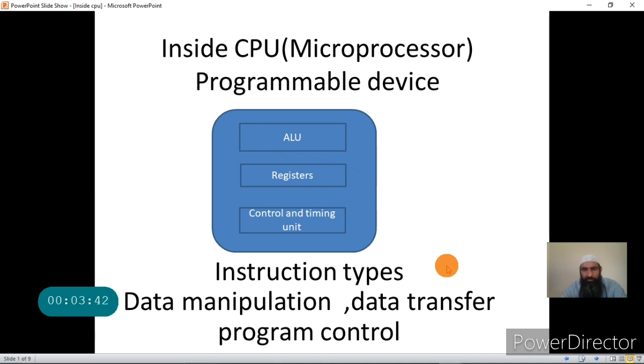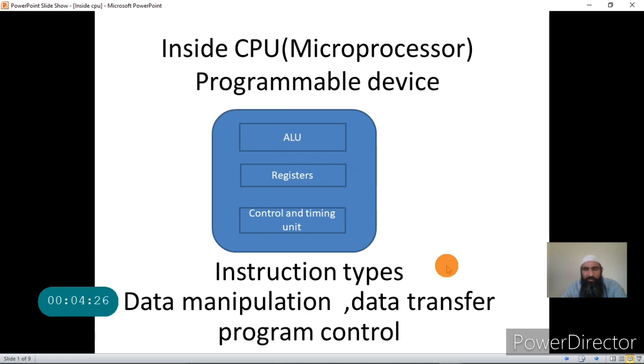No, it is not like that. The instructions are of many types, and mostly every processor has three types of instructions that should be included in its instruction set. The instructions are data manipulation instructions, data transfer instructions, and program control instructions. Data manipulation instructions are those instructions where calculations are being done. Right now you remember it like that. It is more than that, of course.